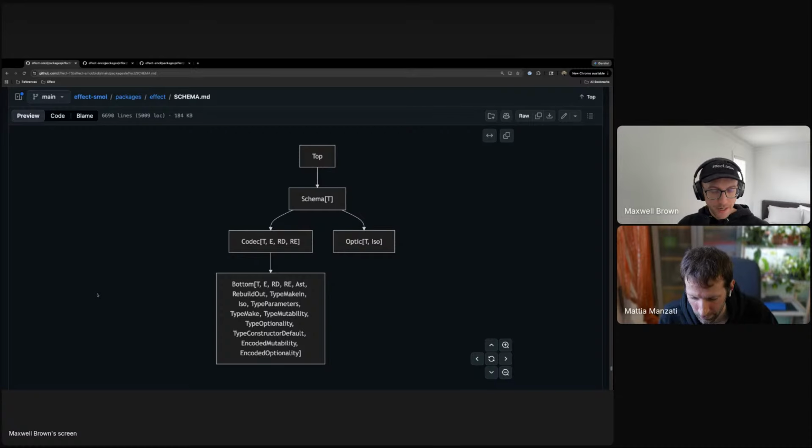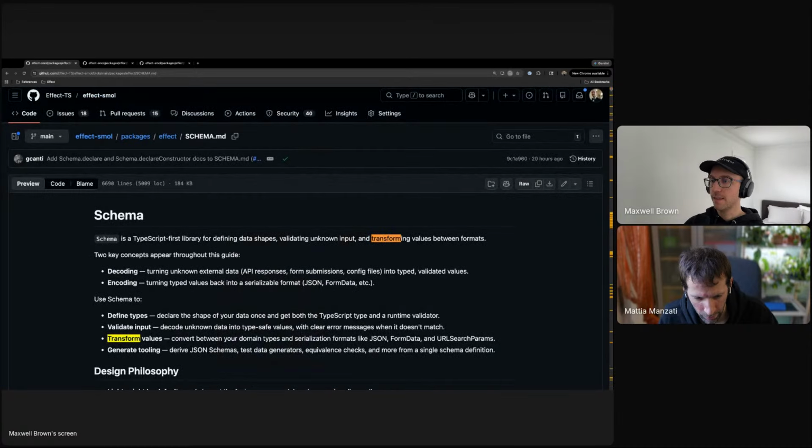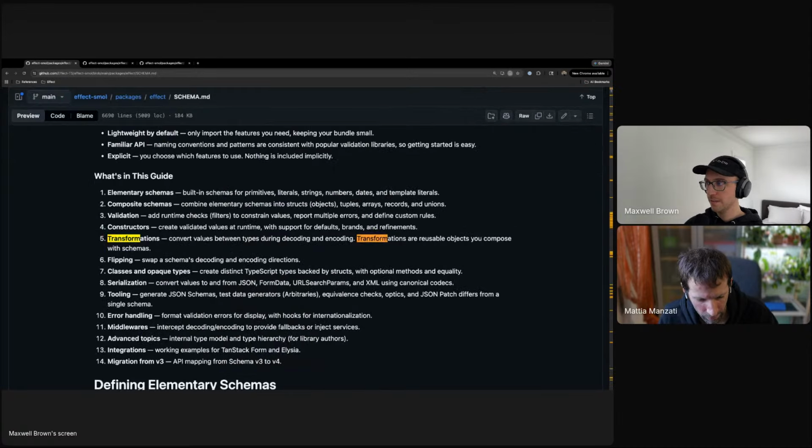Is there a way to have a decode only transform? I sometimes have no need to care about the encoding bit. It's one way. I think so. Yeah, I think that's